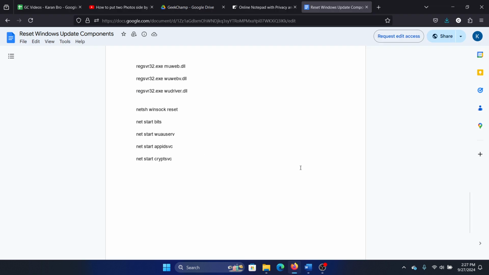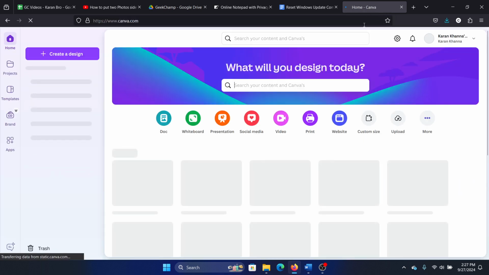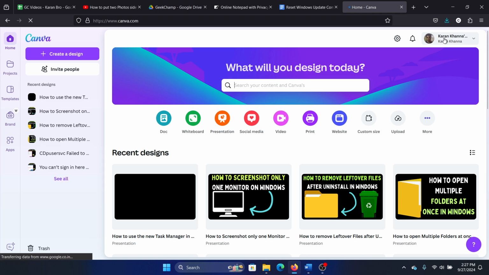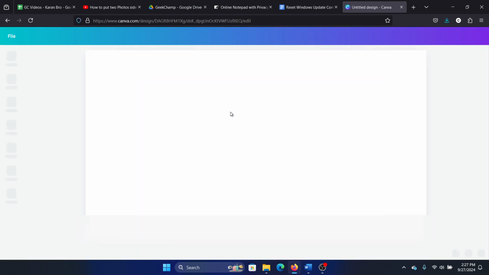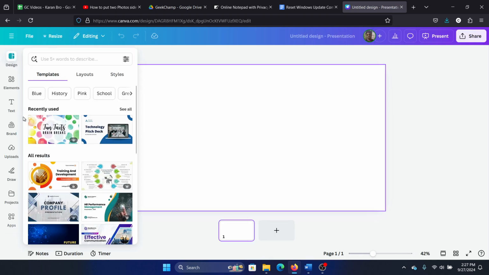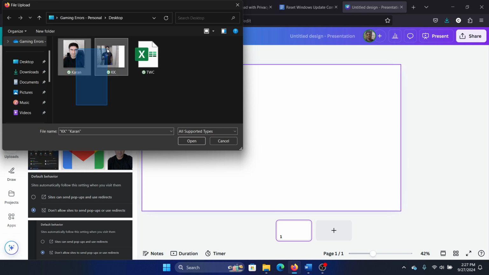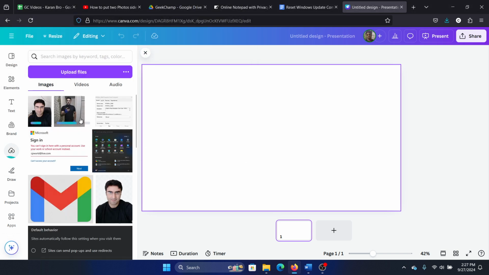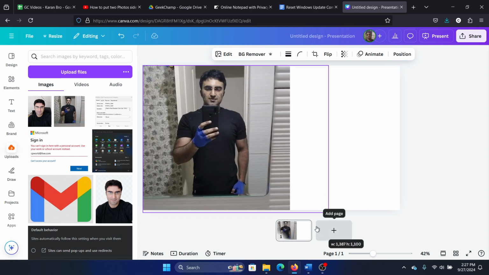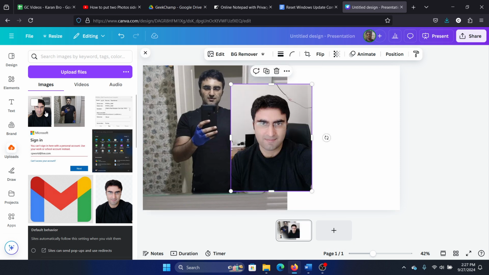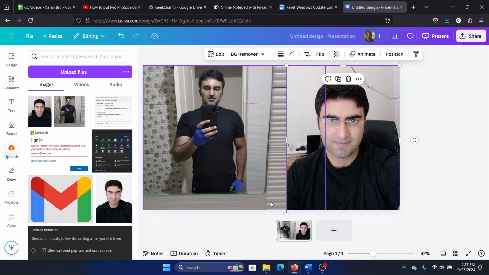Go to Canva, canva.com, okay? And then when you are in canva.com, simply click on this option here and simply create a new presentation, and in that new presentation you can upload two pictures. Okay, now why I am telling you to upload two pictures, because you can use it in the free version too, but in the case of Paint, you cannot do that. So I have uploaded two pictures side by side and I can simply arrange them normally, and